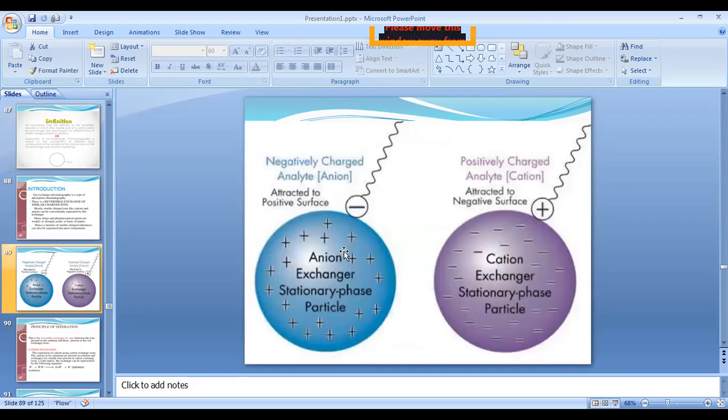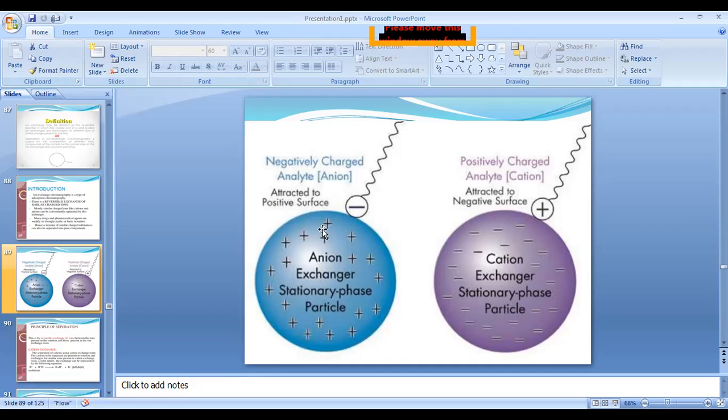In the next slide you can easily understand. It says here, see, this is the blue part. Whatever positive charges there are, these are the stationary phase, or we can say resin. This resin end will have a functional group. That functional group may have two polar ends. First, this positive polar end is attached to the ion exchanger, and the negative will be attached to this one.